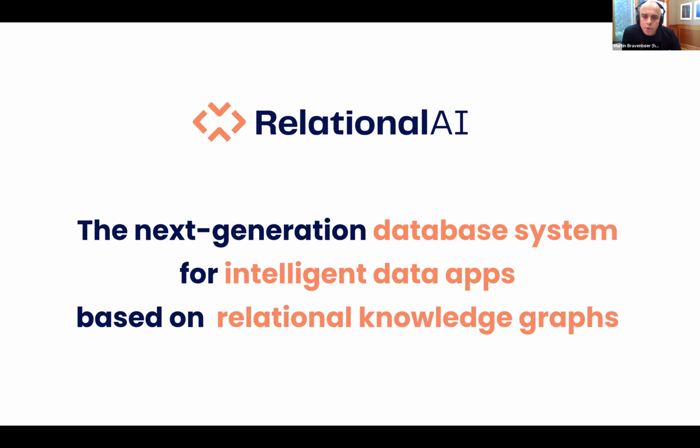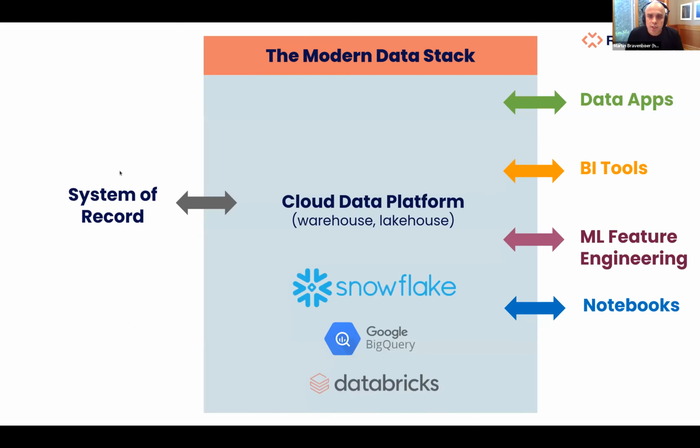Before we dive into the details of the RelationalAI system, I want to briefly explain how we see ourselves fitting in the modern data stack, and that is on this slide. As probably all of you are aware, in the last 6 to 7 years there has been a movement towards infrastructure that is cloud native. Cloud data platforms like BigQuery, Snowflake, and Databricks provide essentially infinite storage capacity because they use the cloud as a storage layer. They also offer essentially infinite compute capacity, because the compute can scale independently of the storage.